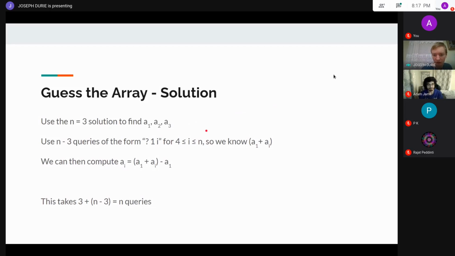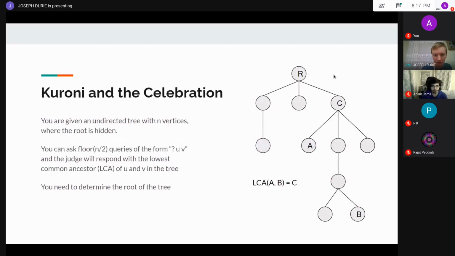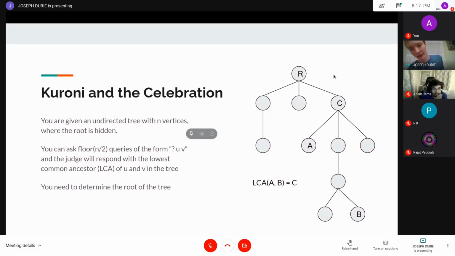All right, so the next problem. You have an undirected tree with n vertices where the root is hidden. So we're trying to find the root. And you can ask floor n over 2 queries of the form u v, where you get the LCA of u and v. So basically, the LCA of u and v, if you have two vertices,